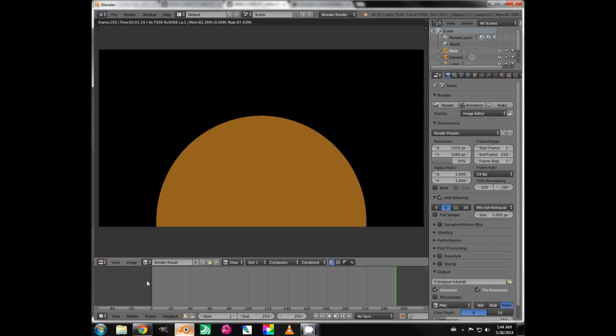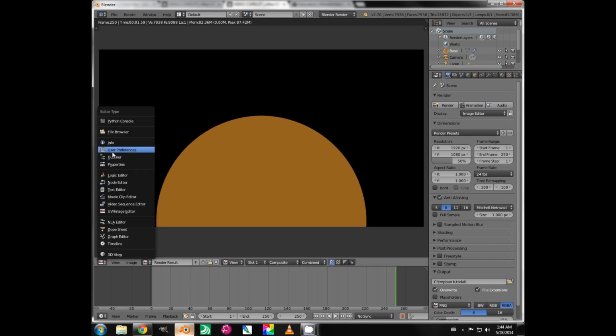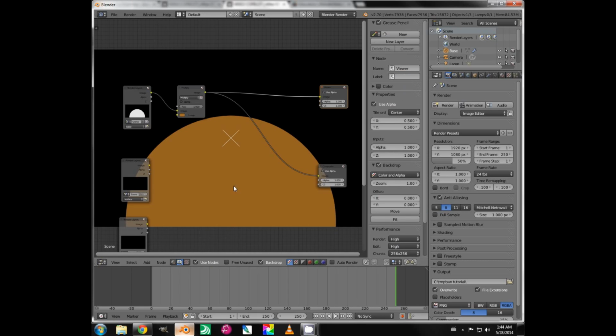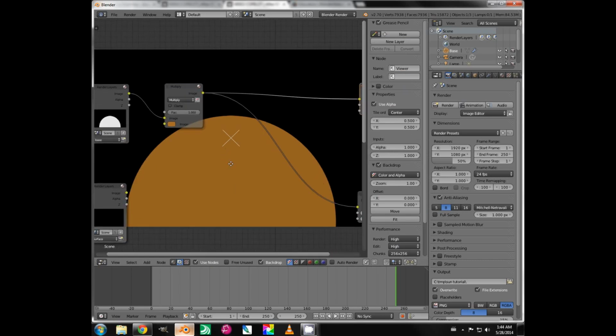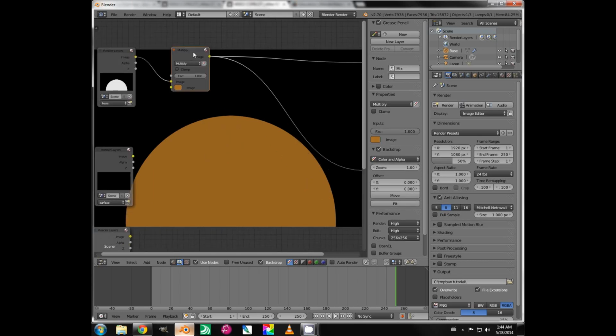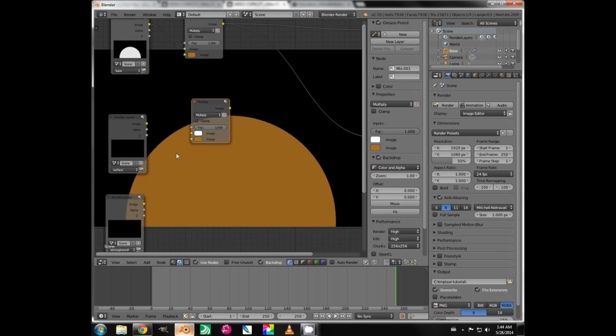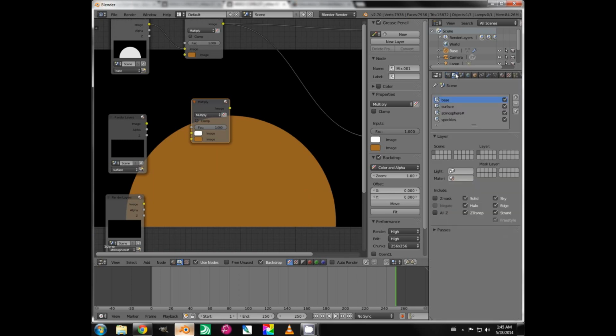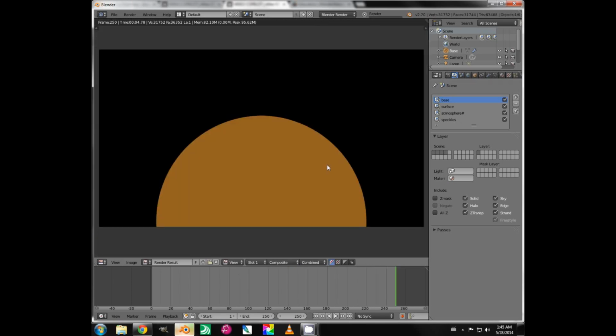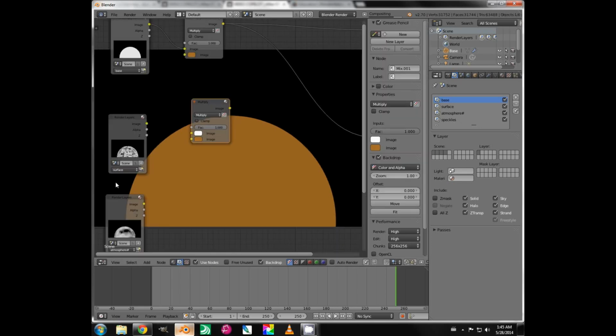So now we can go back to our node editor. We'll render it out. There we go. No more artifacts. So head back to our node editor and we can carry on. Okay. So we've got our base layer. We're going to duplicate the mix node, or multiply node as it is now, and we're going to connect. We've forgotten to put all our scenes back on, so let's put all our layers back together. Re-render that, go back to our node editor,